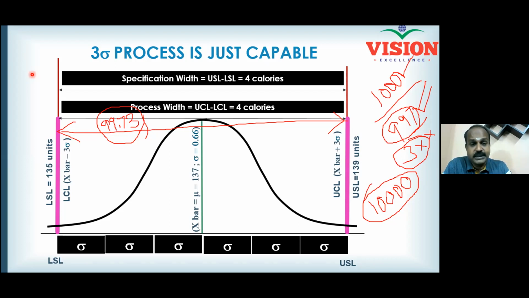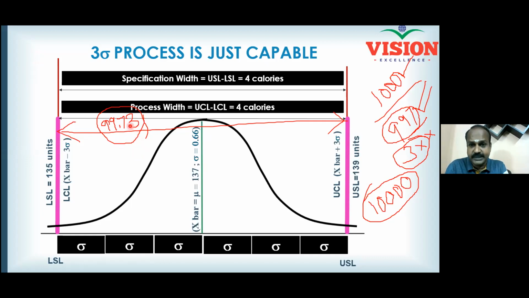That means your rejection will now be 15 to 20%. Earlier it was only a meager 0.27%. Now it has become 15 to 20%. Why did it happen? The demand increased. Demand for your product increased. So in order to meet the future demand, the 99.73 which you are maintaining as of now is not enough. It creates a necessity, a compelling reason to go beyond the success rate of 99.73.